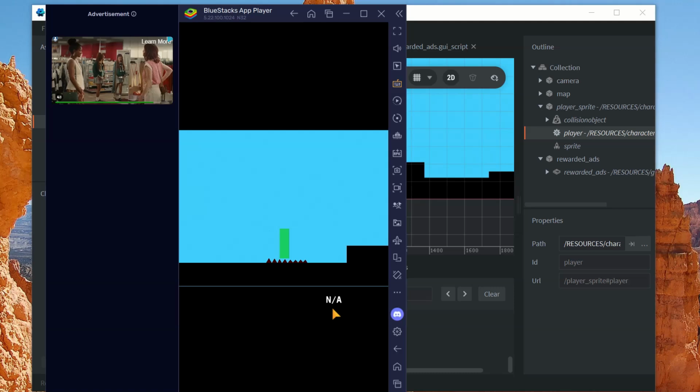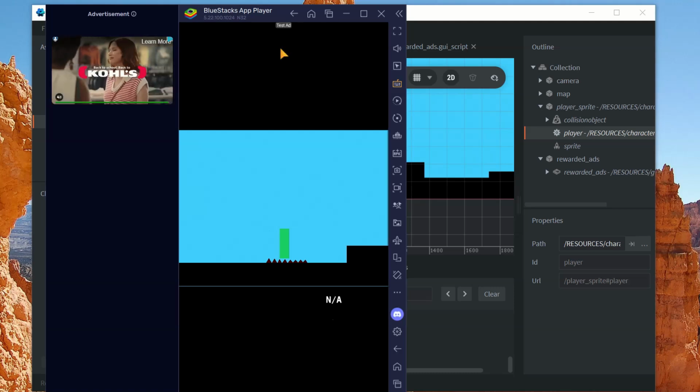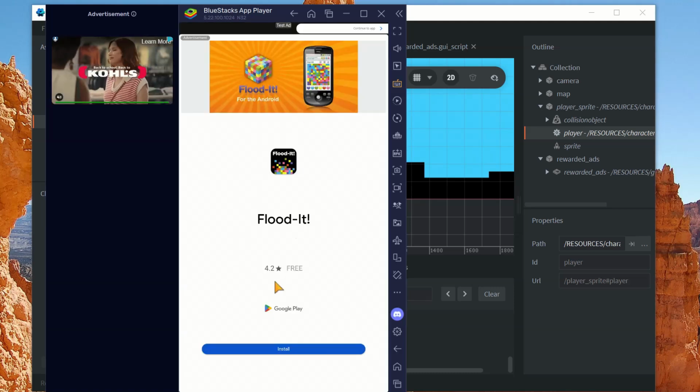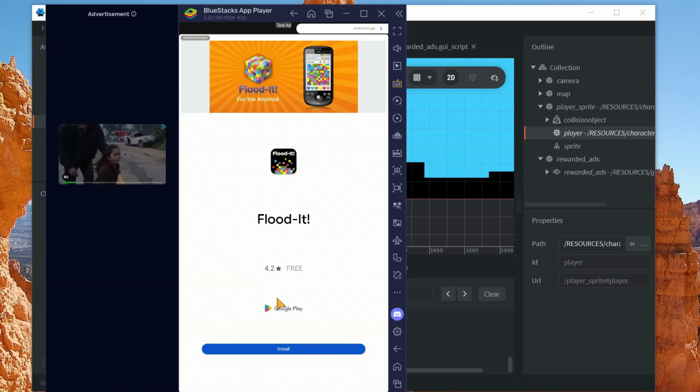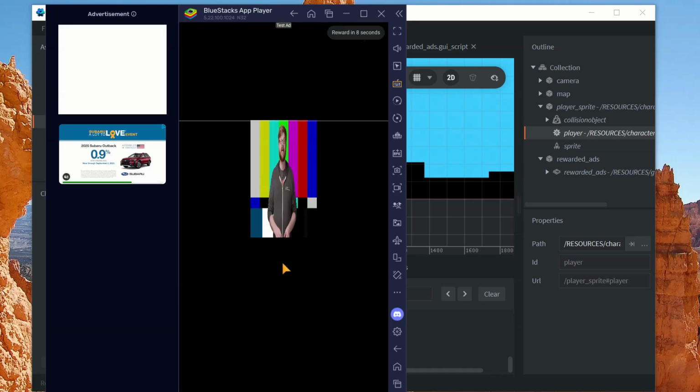Because it's an Android emulator, it does take a little bit. So let's see if we get it rolling. And you can already see that the test ad's coming up. Here's the test ad. So of course, like I said, in normal circumstances, you would get a little message saying, yes,